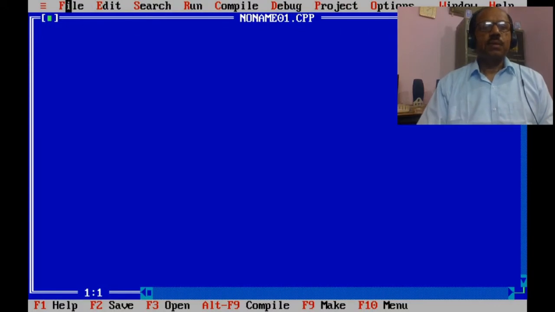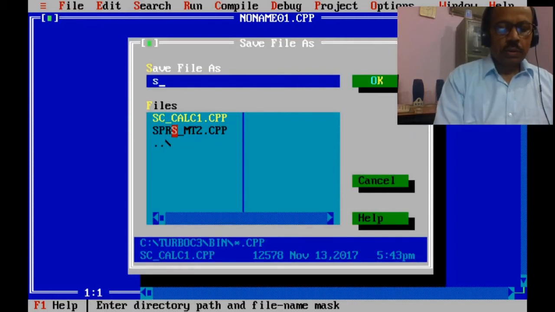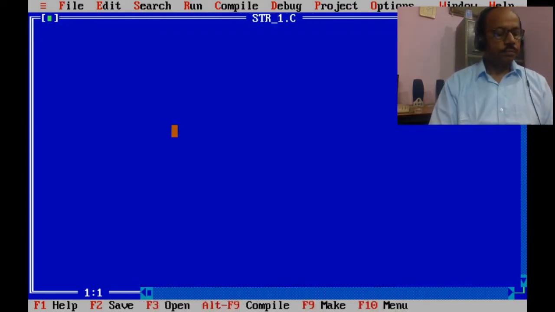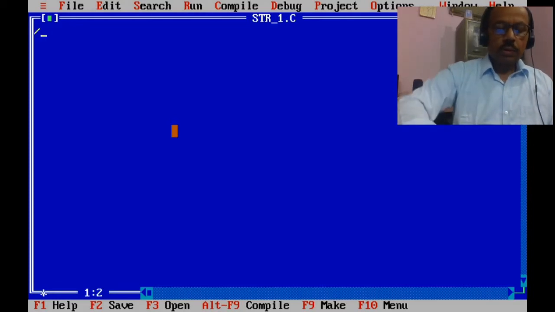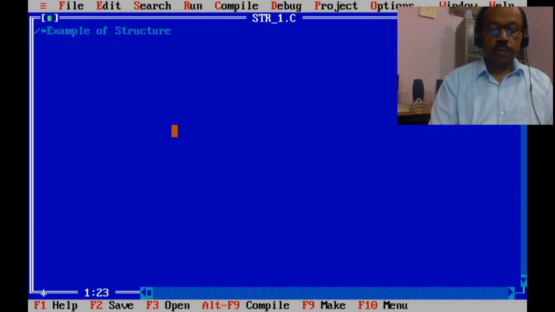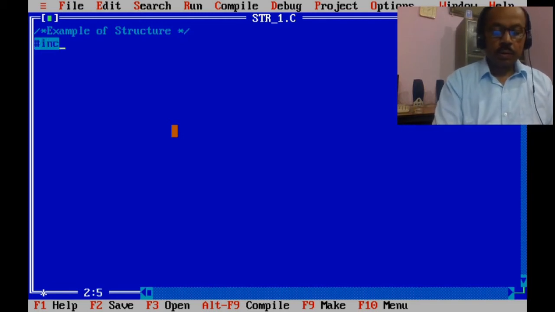Let's start to demonstrate the structure. str_1.c. Example structure. #include <stdio.h>